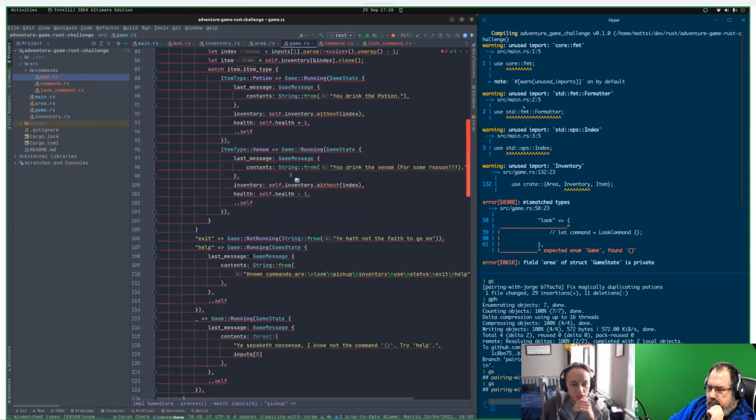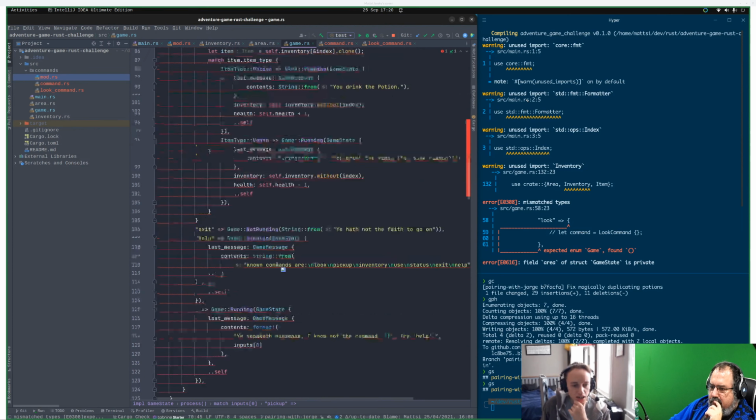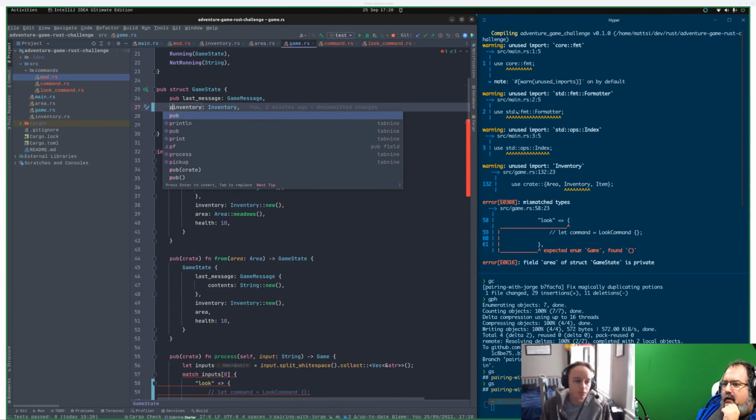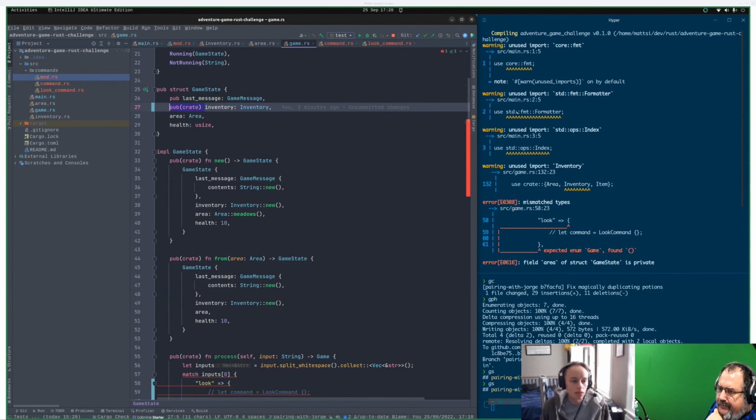It'll need a method for every single one of these things. I think it's probably better that we make area and inventory pub crate, so at least they're accessible within the crate, but not by consumers consuming the crate. Okay, we can go with that. If needed, we can change later on, yeah? Yeah.